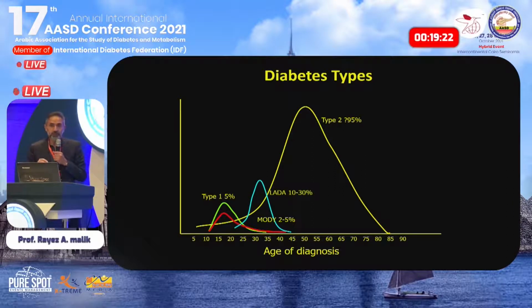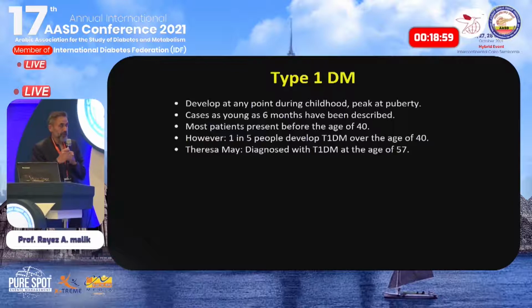But what I want you to hopefully walk away with when my lecture's finished is an idea that there's actually probably a number of additional important subtypes of diabetes that we currently are lumping into either type 1 or type 2. So the typical type 1 diabetes is, of course,